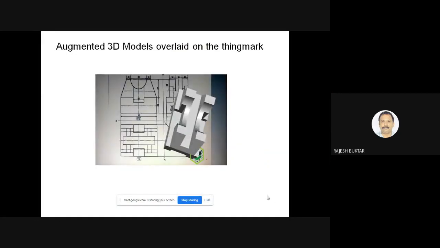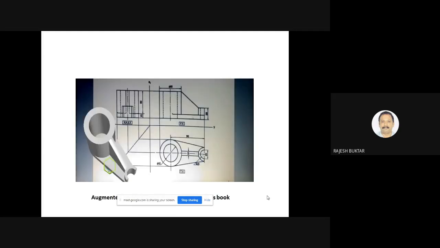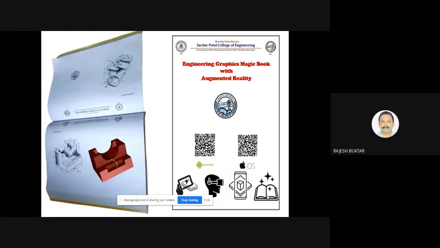So we left off here. This is how the 3D models will be accessed using the marker. And this is very important. You can see, we got energized from all these, and we developed a magic book, or AR enabled book, for the subject of engineering graphics using augmented reality. And that is what I was telling, that this is the disruptive power of augmented reality.